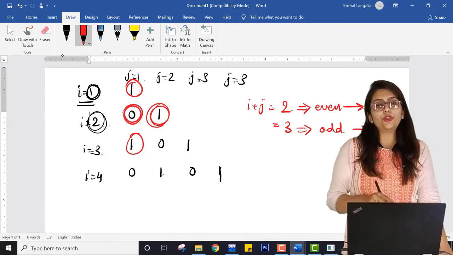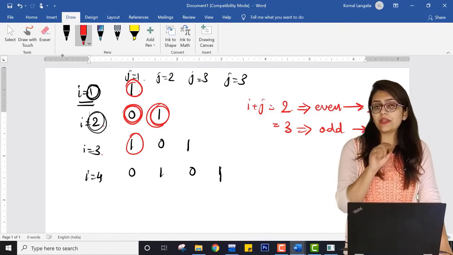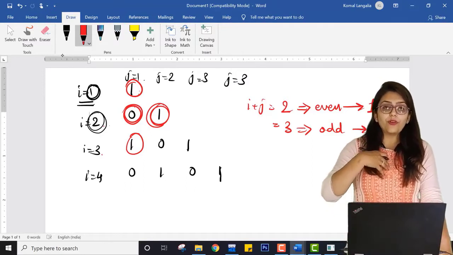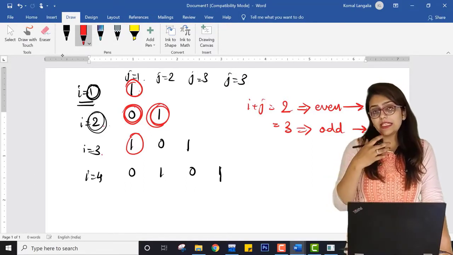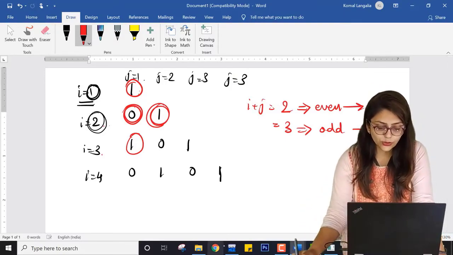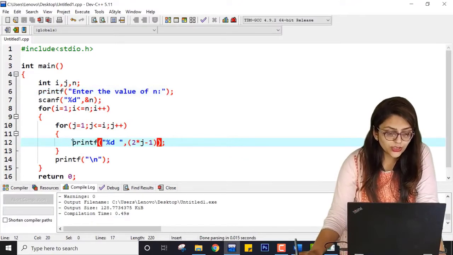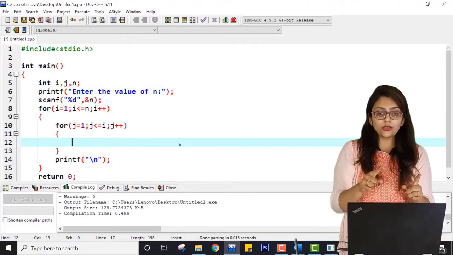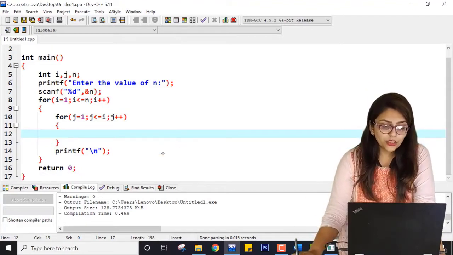And that's why I have told you that please go through the previous videos of decision making statements and control loops very effectively, so that it will be very easy for you to understand this logic. So we have performed so many examples like this. So what change is to be done? So this loop will be the same because we want to print a quadruple. So this loop will be the same. What will be the change?